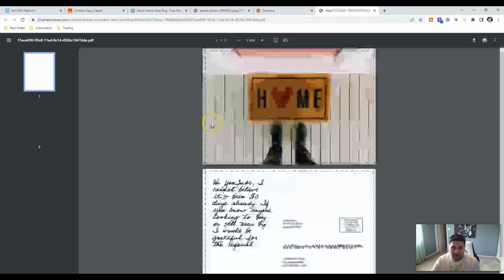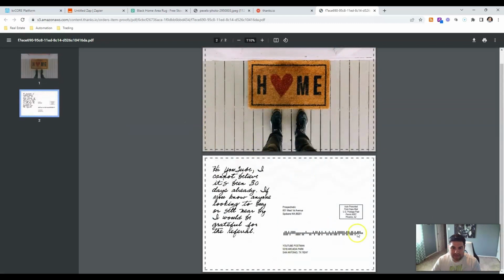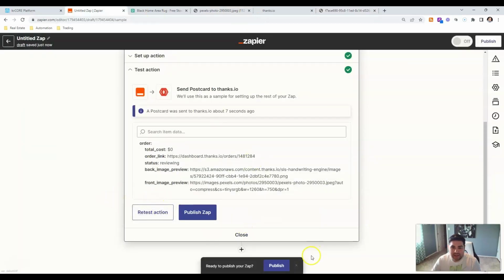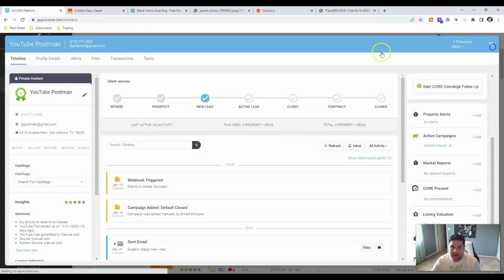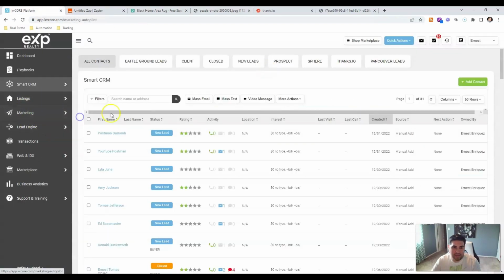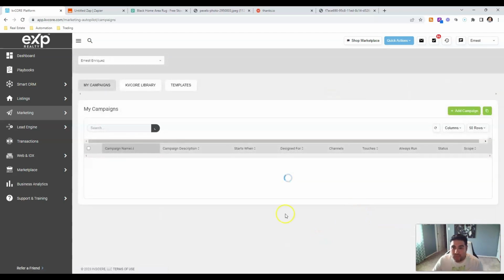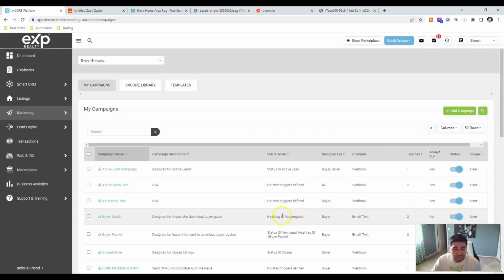So now when I'm ready, you can preview that. You could see the postcard, you could see the message, and everything. So now this is ready. I can go ahead and click publish, activate this, and that webhook to thanks.io smart campaign is now set up. So anybody that gets added to that campaign will now start to get that postcard so long as you have